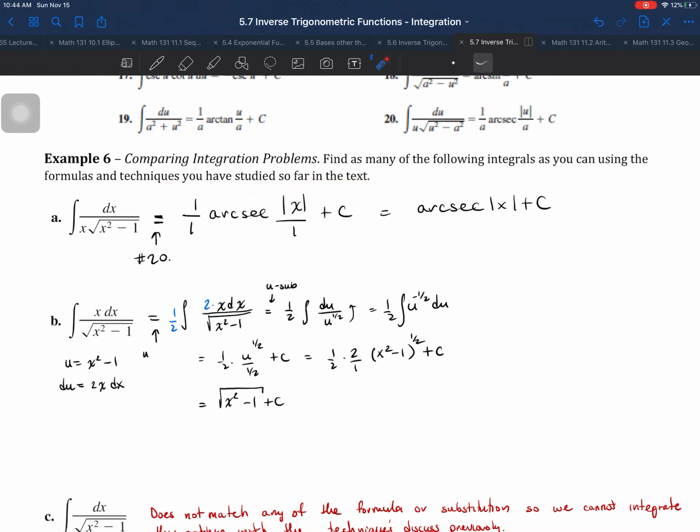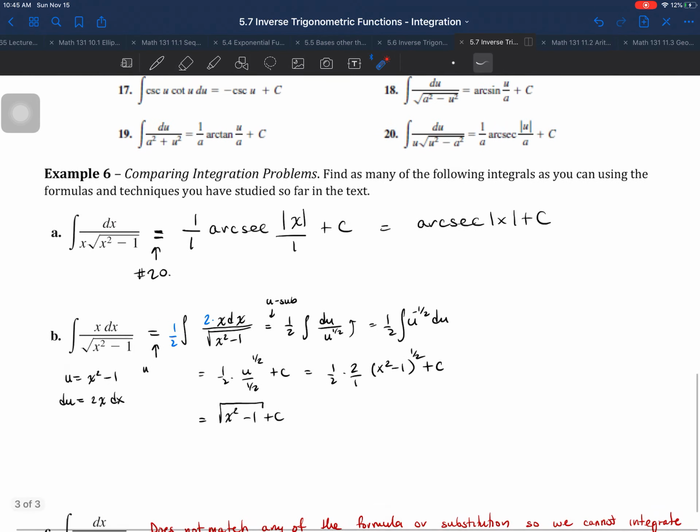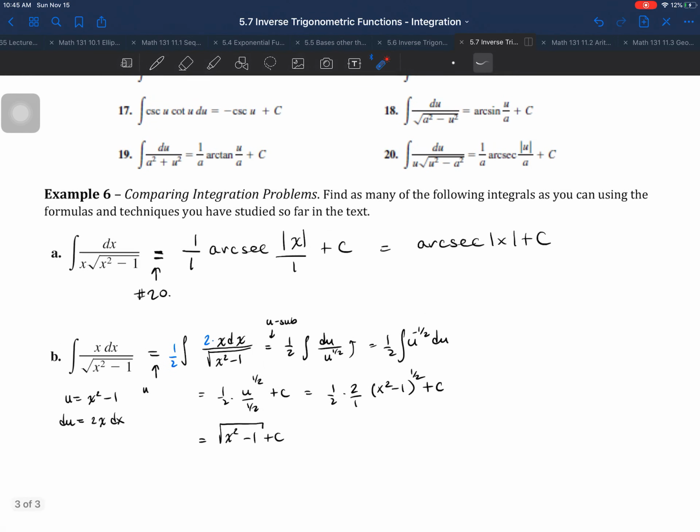In the first one, it's asking us to take the integral of 1 over x times the square root of x squared minus 1. Well, I see a square root, I see a difference of squares, because 1 is always a square, and I see the x on the outside. So this suggests that this is going to be one of the rules, and I can see this is rule number 20. So if I let u equal x and a equal 1, because this is always 1 squared,